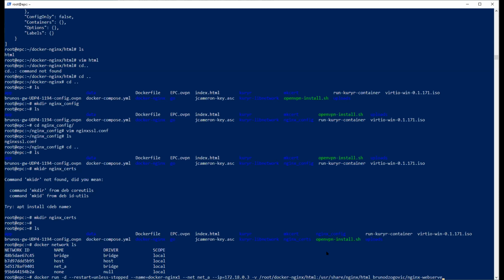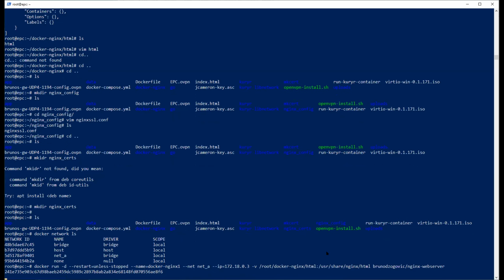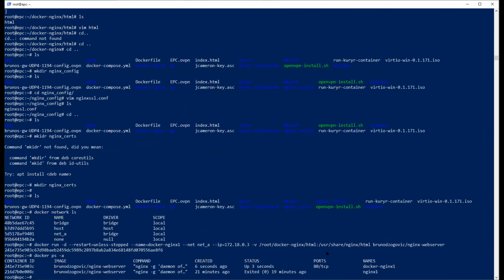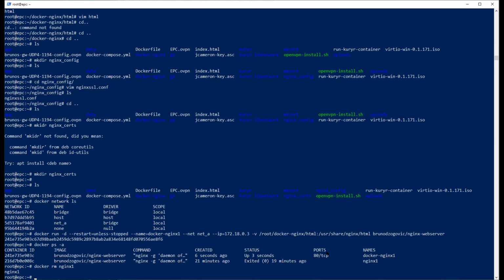Nginx web server. We have another image. Remember Nginx proxy? That's a proxy we're gonna run among the web servers later. So if I press enter, it runs. That's a good sign. Docker ps -a. Well, something's going off. That's not the removed container. Let's remove it, it's just gonna create confusion. Docker remove nginx1. Okay, doesn't require force, easier for me.